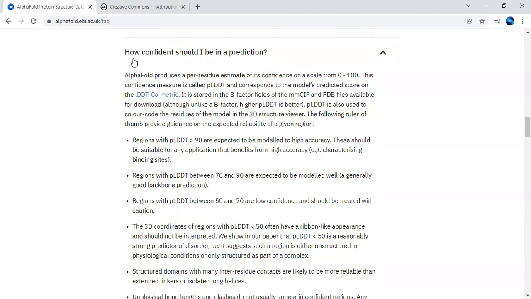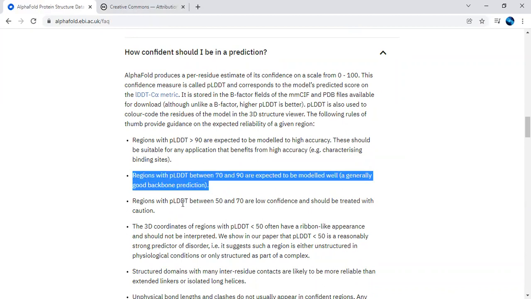And then you will find how confident should I be in the prediction. With respect to that, they have given the regions of the pLDDT scores: a high accuracy model, and the region in between, which we call generally a good backbone prediction model. And then you will find the region with low pLDDT.